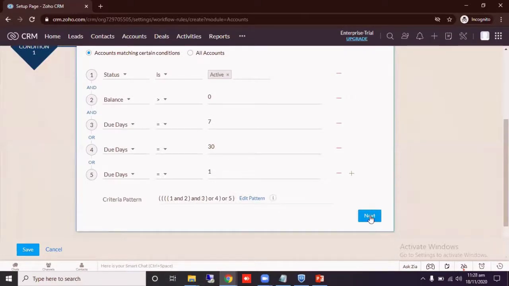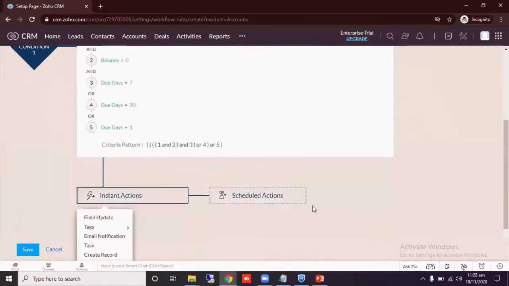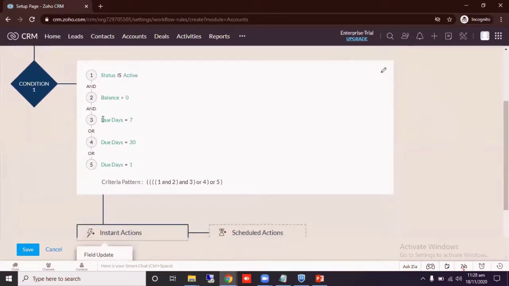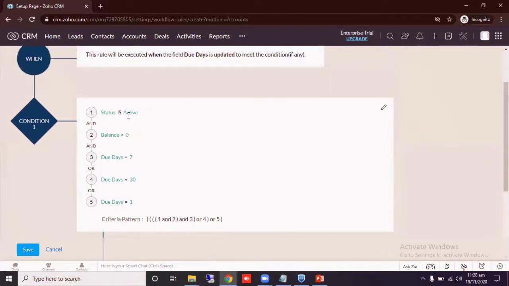Now press next. So here you can see the full condition. If status is active, balance is greater than 0, and due date is 7, or due date is 30, or due date is 1, then